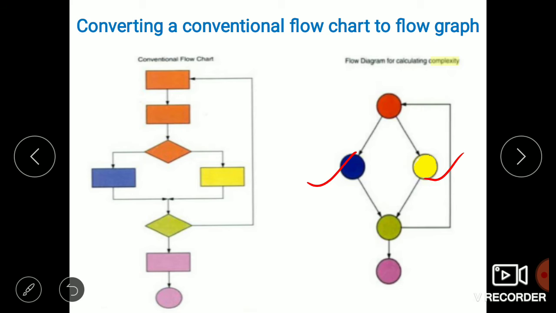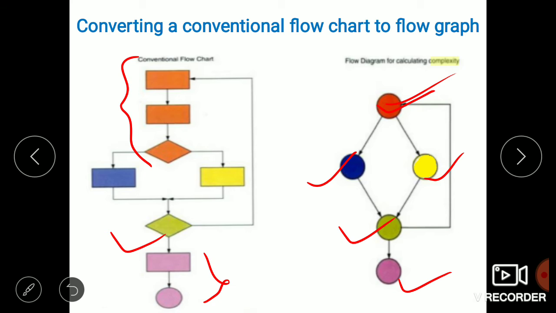Next we check one more condition, represented in green, and lastly these two statements combine into a single one. I will repeat one more time, these three are combined into one node, the orange one.